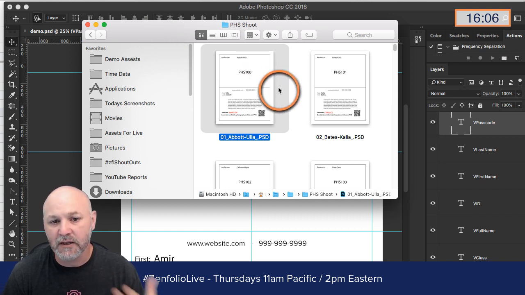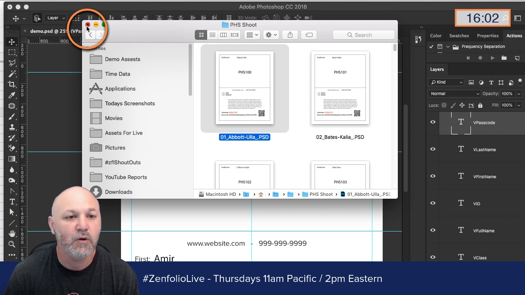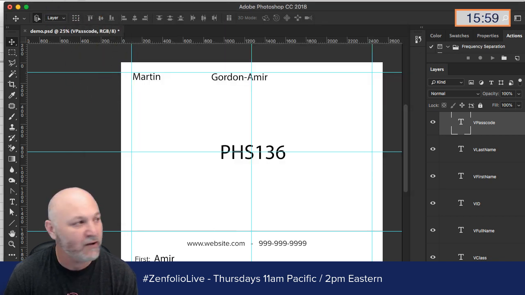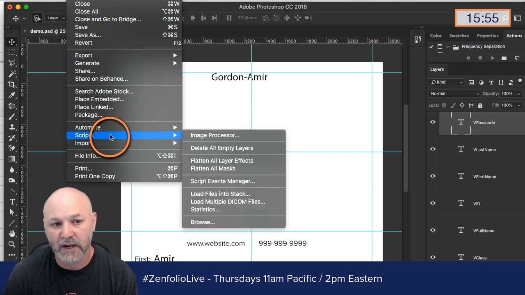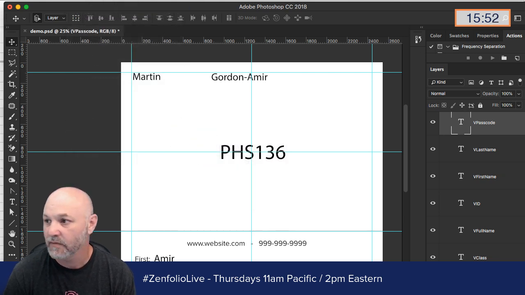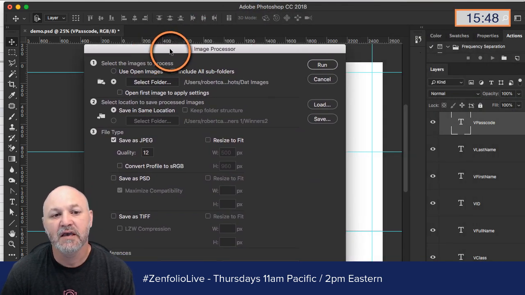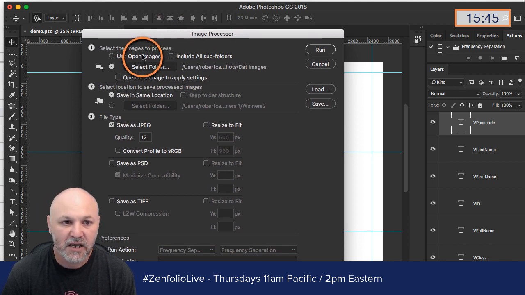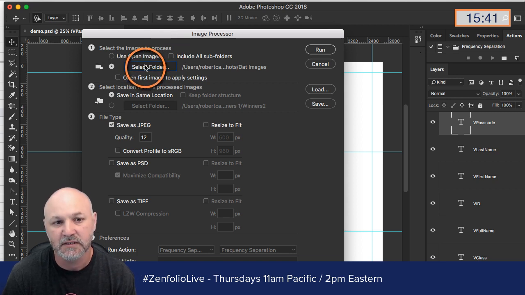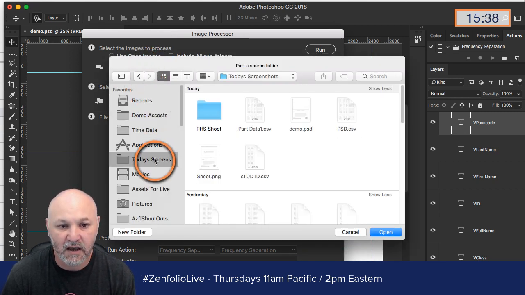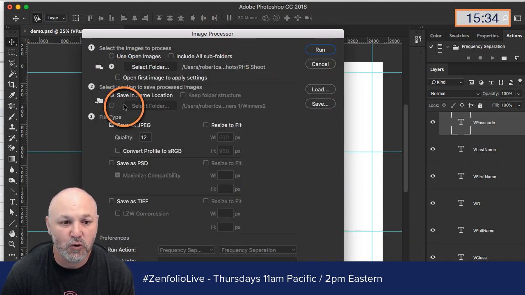Okay, but again, these are in PSD. If you need to get them into a different format to print them, what you're going to do is go back up to File, and you're going to go to Scripts right here, and there's an image processor, and that's going to bring up a window that looks like this. You're going to first of all select the folder of images that you want to process. So we're going to select that PHS shoot folder that I just exported,